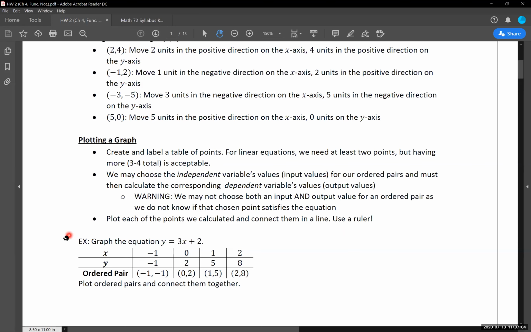So we're going to go through this instance where we are asked to graph the equation y equals 3x plus 2. We're going to assume we don't have any of this, and we're going to actually solve and find each of these points as if we didn't have any knowledge of what these were. So we're told to graph the equation, and this is what we are given to start with. I'll jump us over to our whiteboard, and we'll go through this example.